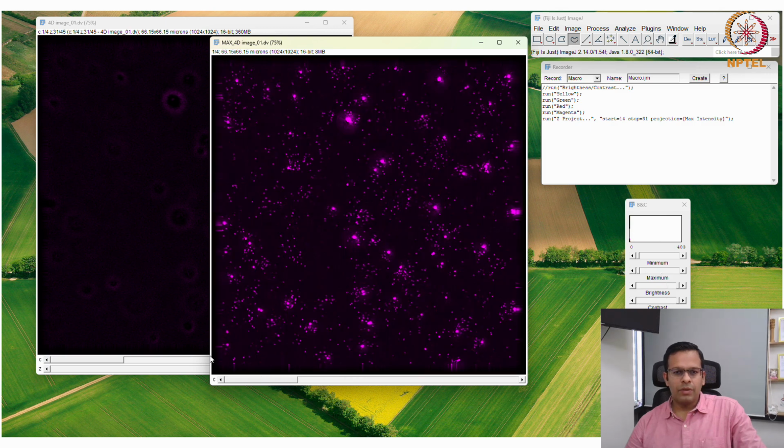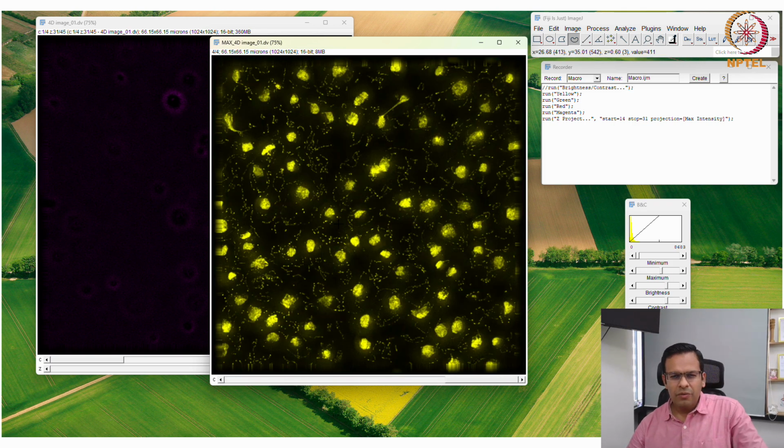And now I want to make one representative image for the paper. So what I will do, I want to crop a small area where I can show only a few cells, not all. Okay, so I'll crop this small area like this. Let's say the area should be square. So 366 by 366 pixels.